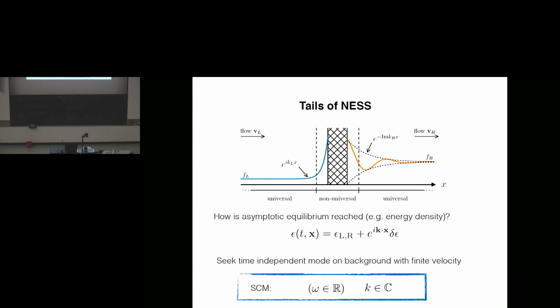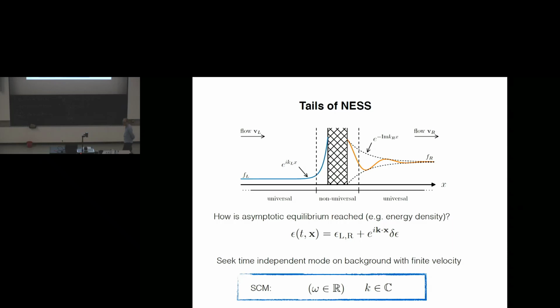So for example, take the energy density and expand it around what would be the equilibrium energy density, for example, on the left or on the right, E left, right. But it's a static mode, so it has zero frequency. So we have a purely e to the ikx dependent delta E. Moreover, for regularity, it better be the case that this is something that is at least a damped oscillation, something that at least decays to the infinite x to the right or the infinite x to the left.